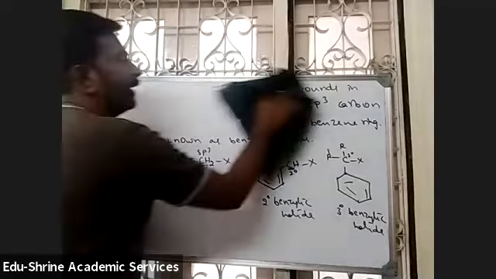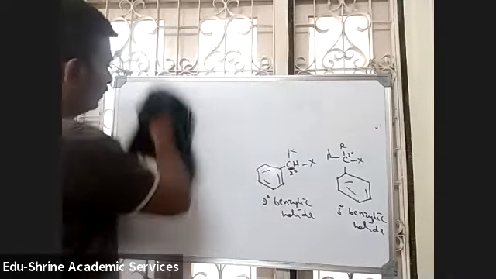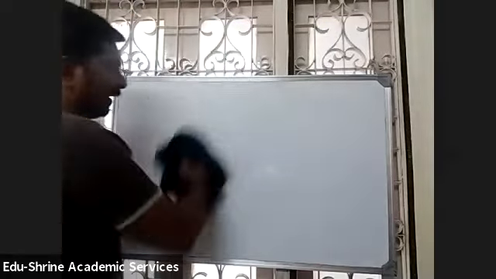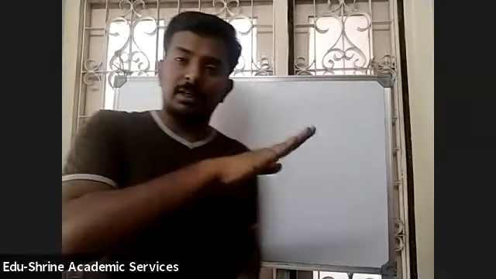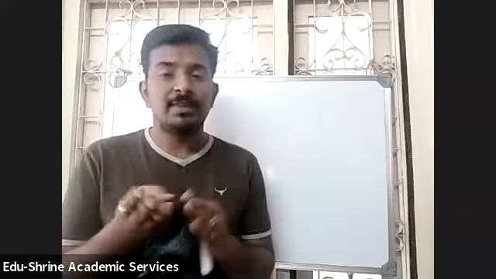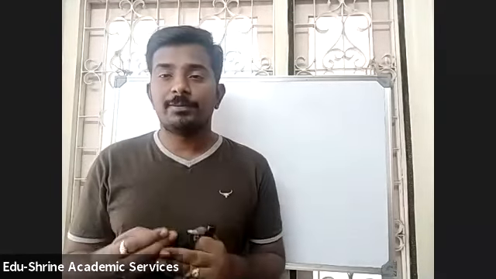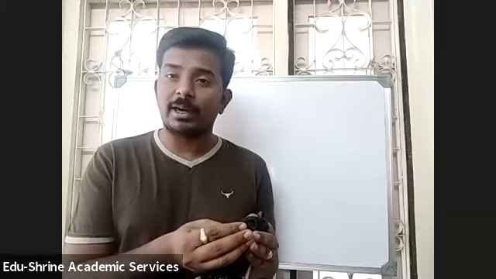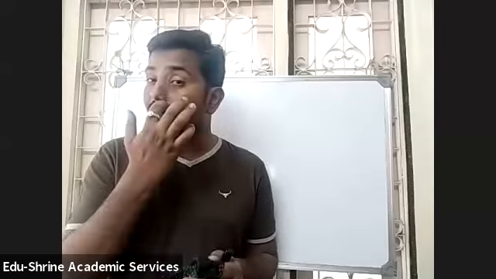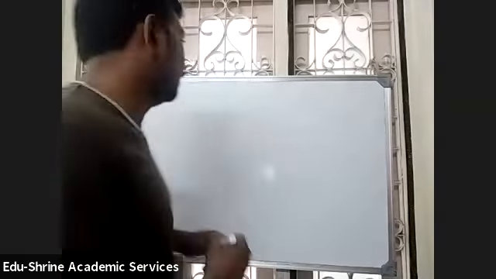So these are the three types of compounds containing the sp3 C-X bond. That means the halogen is bonded to an sp3 carbon atom. Then, based on the other group attached to the sp3 carbon atom, there are three types. If the complete chain is alkyl, it is an alkyl halide. If the sp3 carbon atom is attached to a double bonded carbon atom, it is allylic. And if the sp3 carbon atom is attached to a benzene ring, it is called a benzylic halide. Then the third classification